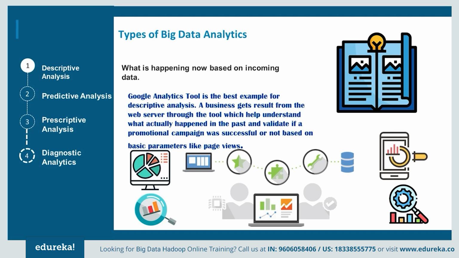Another example is what we saw earlier in the new generation product, which is Netflix. So Netflix basically uses descriptive analytics, as I told you guys, to find the correlations among the different movies that a subscriber is watching. And to improve their recommendation engine, they use historic sales and customer data. So this is what descriptive analytics is. Now let's move forward to the second type, which is predictive analytics.